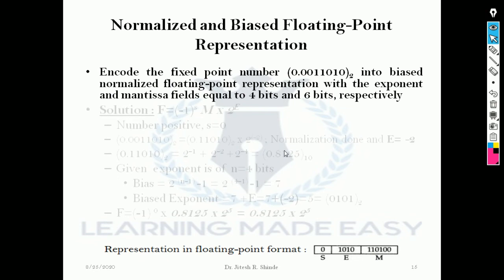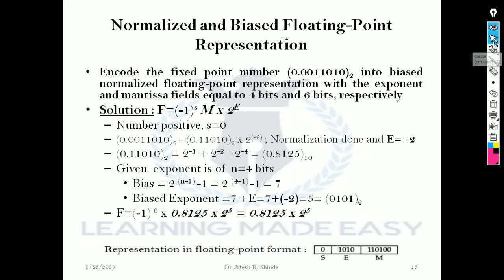Now in this example, the specialty is that the exponent comes out to be negative. After the normalization process, we can observe that the exponent is negative. The same process is carried out. The mantissa component in decimal format has been computed here. Now the bias has been calculated here: 2 to the power n minus 1, minus 1, which comes out to be 7. 7 plus E, what value comes here? 5. Thus on adding the exponent value to the bias, the biased exponent comes out to be a positive value.